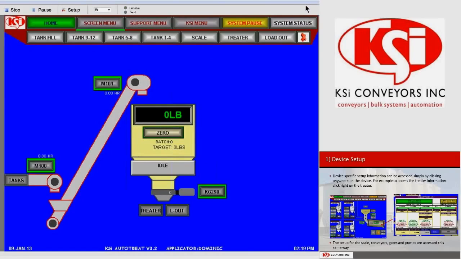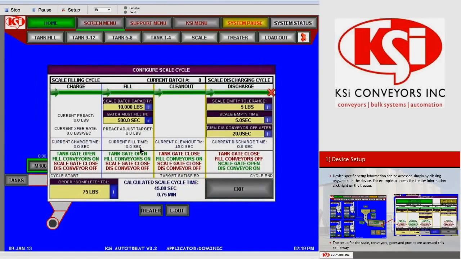We're going to go to the scale screen next and click on the scale. As you see, the Configure Scale Cycle pop-up comes up. I want to talk a little bit about this pop-up and describe the different components. The setup screen is configured in such a way to walk an operator through a typical scale cycle. As you can see, we've got the charge portion of the cycle where the scale is charging. We've got the fill portion of the cycle, the cleanout portion of the cycle, and the discharge, the scale discharge